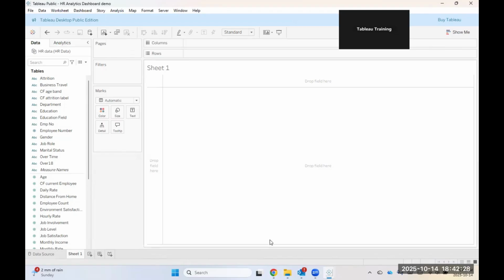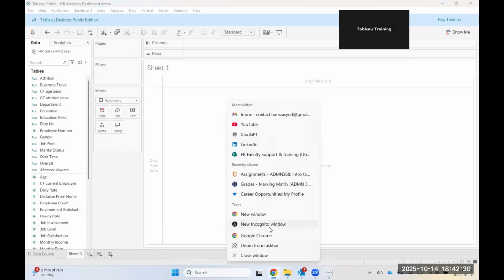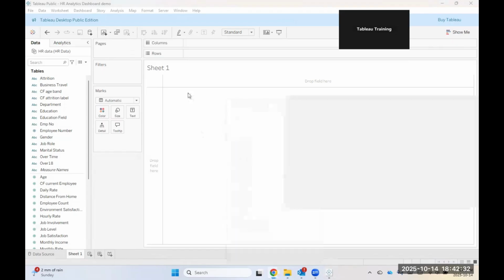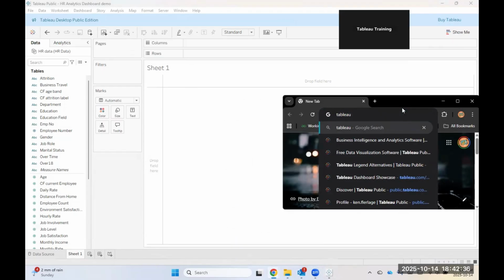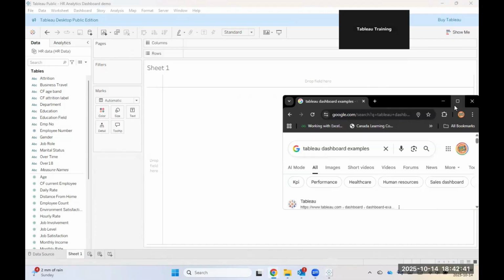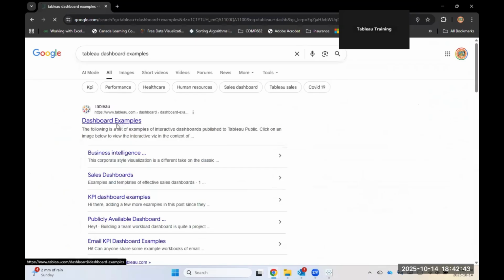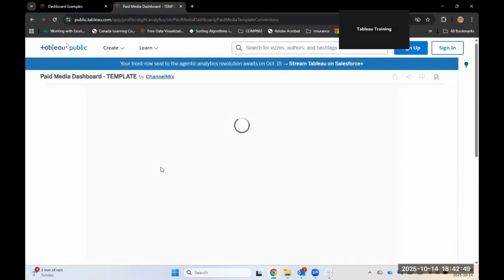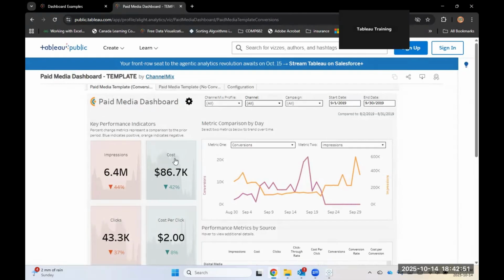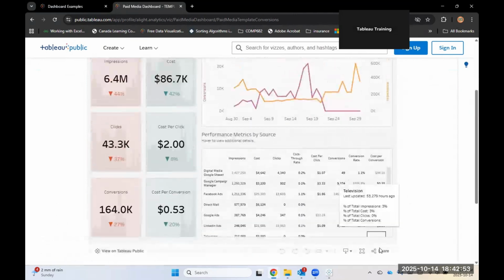So if I go on the internet and find some dashboard examples for you, and you look at some dashboard examples on Tableau, for instance. Let's look at this one. This is a paid media dashboard. So if you look at the dashboard specifically,